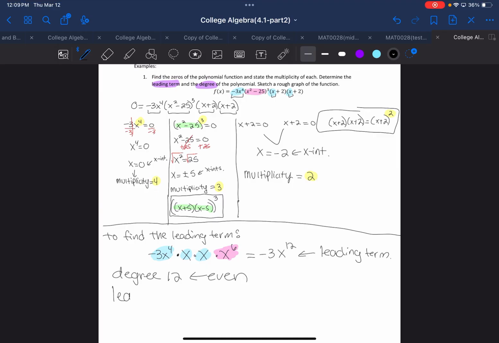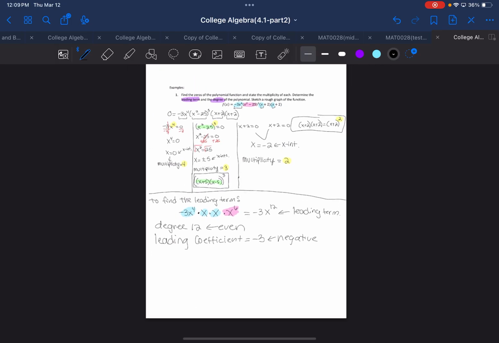And the leading coefficient is -3, which is negative. And this gives me information about the end behavior, right? Because I just found the leading coefficient, the degree is even, the leading coefficient is negative. So I know that my end behavior,